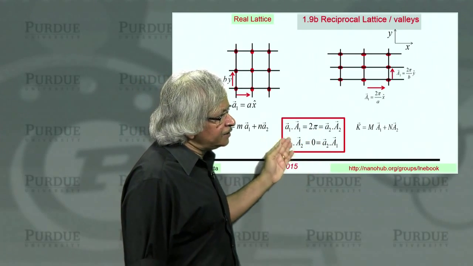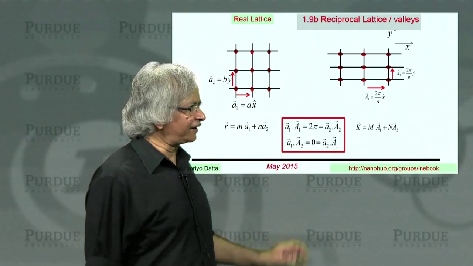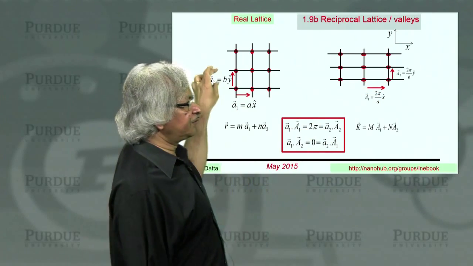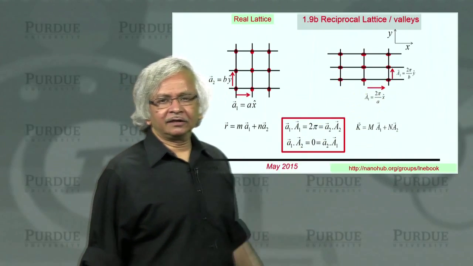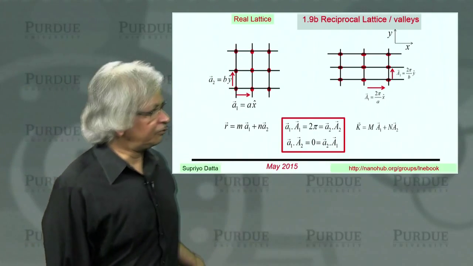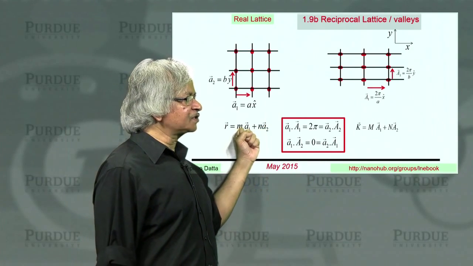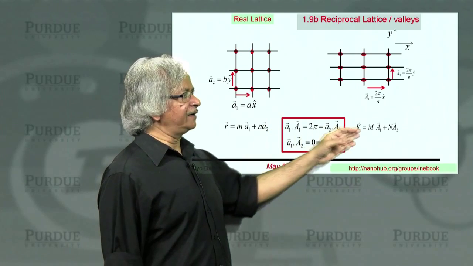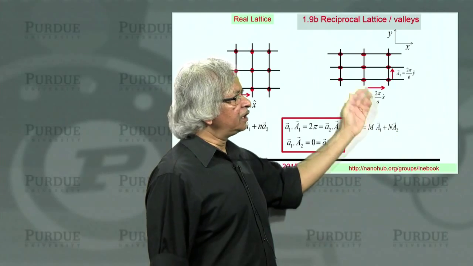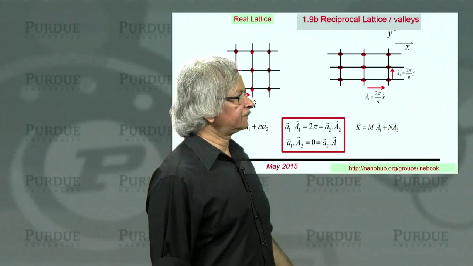Now, we didn't quite need this general prescription to write things down in the rectangular case, because there it's basically simple. This was a, that's 2 pi over a. This is b, that's 2 pi over b. But in non-rectangular cases, it isn't as straightforward. There, we need to follow this formal prescription of how, given small a1 and a2, you can find big A1 and big A2. And once you have big A1 and big A2, you can construct this lattice by taking linear combinations of them. Okay.